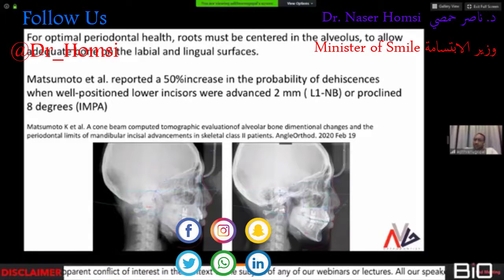So is it right? I mean, are we doing it the right way? Now, people might claim that, oh, you have probably done this wrong. You could have used low torque brackets on the lowers, you could have used low torque brackets on the uppers, and that would have maintained the inclination. I do agree with them when it comes to an extraction case, because you have some space to control all these things. But when you absolutely don't have any space, are you trying to tell me that you are going to be able to control the inclination of incisors